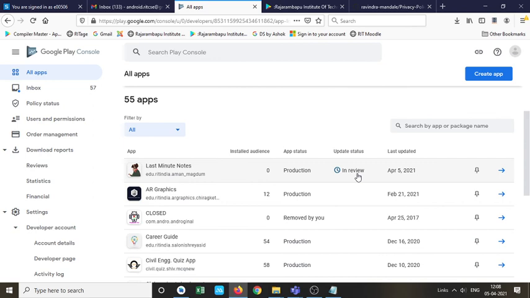If everything is fine, they will accept your Android application, and this status will be converted to available.